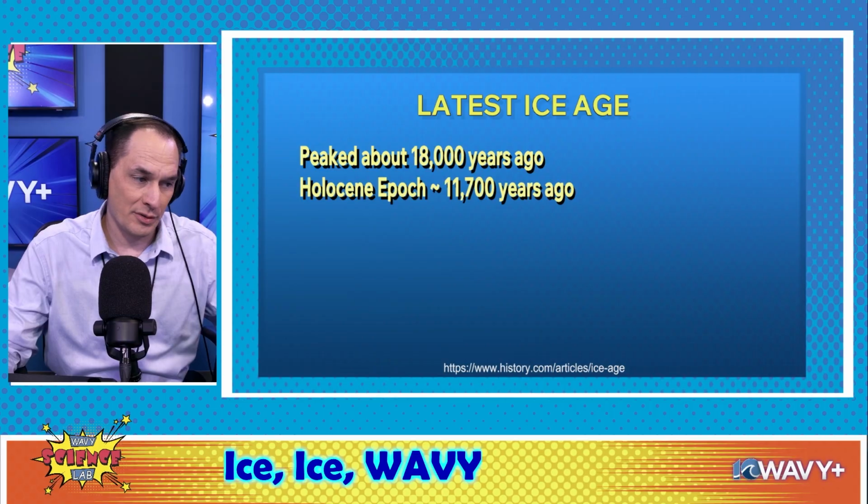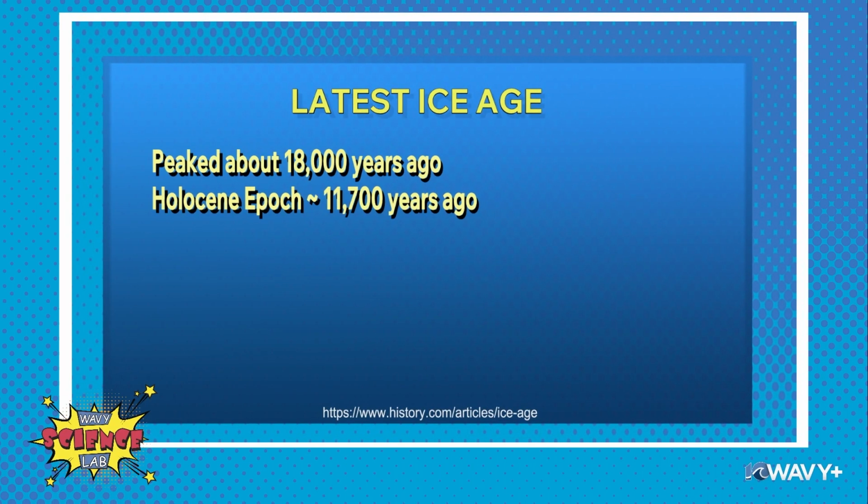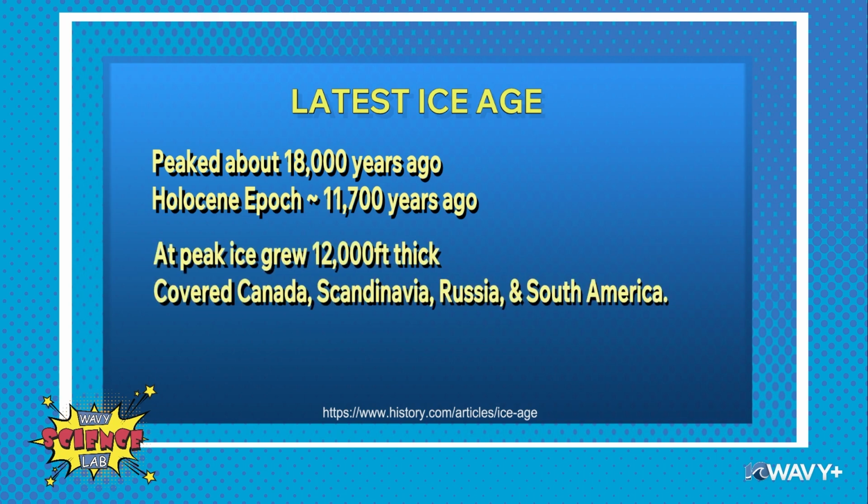The last ice age peaked about 18,000 years ago. And then we've had the Holocene, which is a kind of stable period for the last 11,700 years. And then there was the Younger Dryas period in there too. So, there was a pause. But anyway,